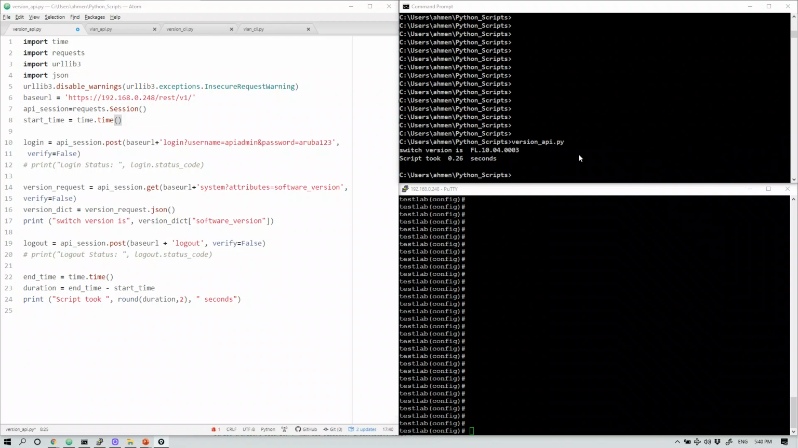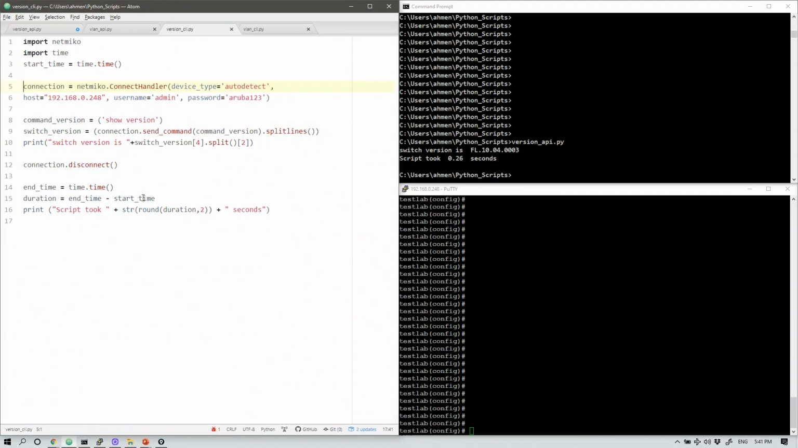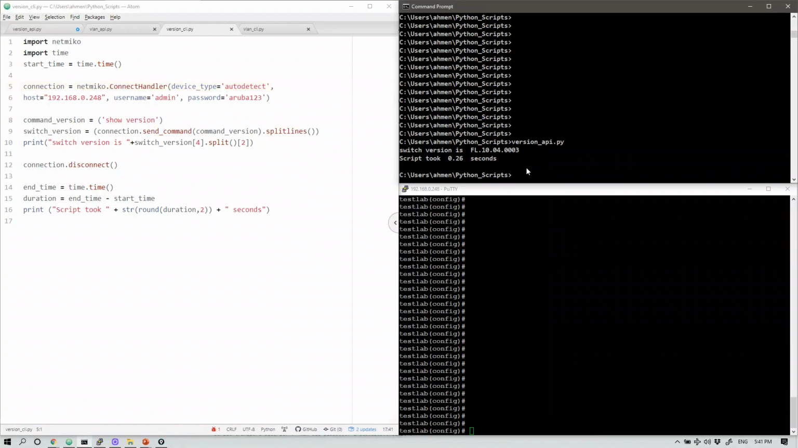So to run this script, it took less than 1 second, while if I run the same script using CLI, I have this Python script that I wrote before. It did the same thing. It reads the version, but using CLI instead of API. So if I try to run the same script again, but CLI instead of API,